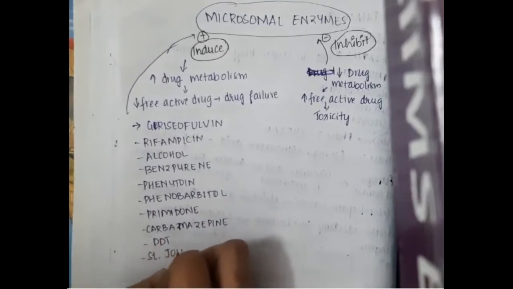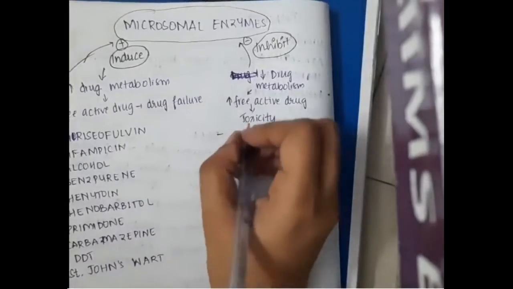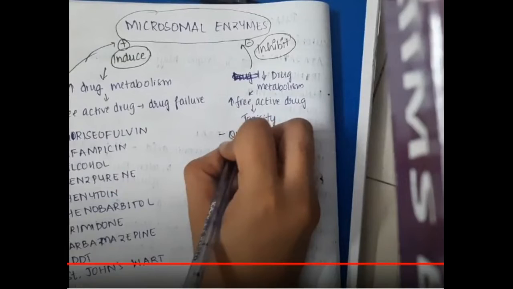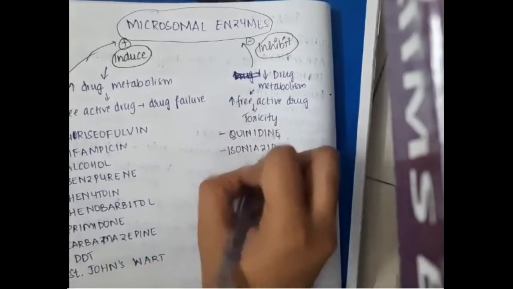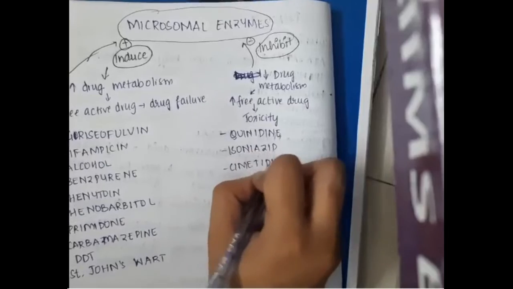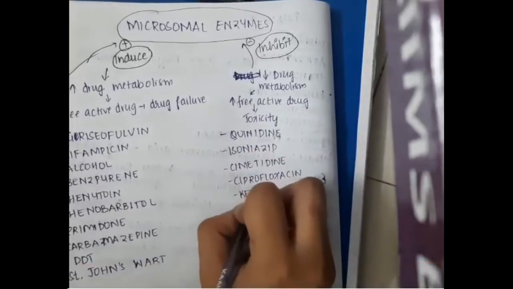Then the drugs which inhibit the microsomal enzymes include quinidine, isoniazid, cimetidine, ciprofloxacin, ketoconazole, valproate,